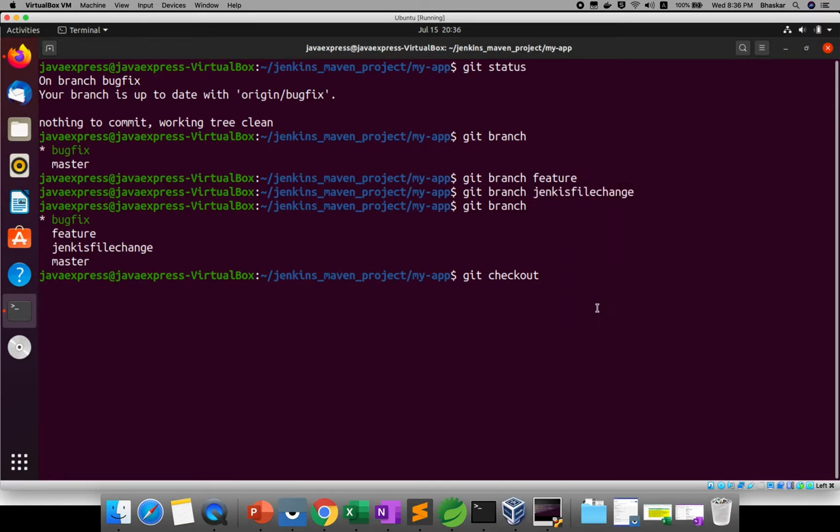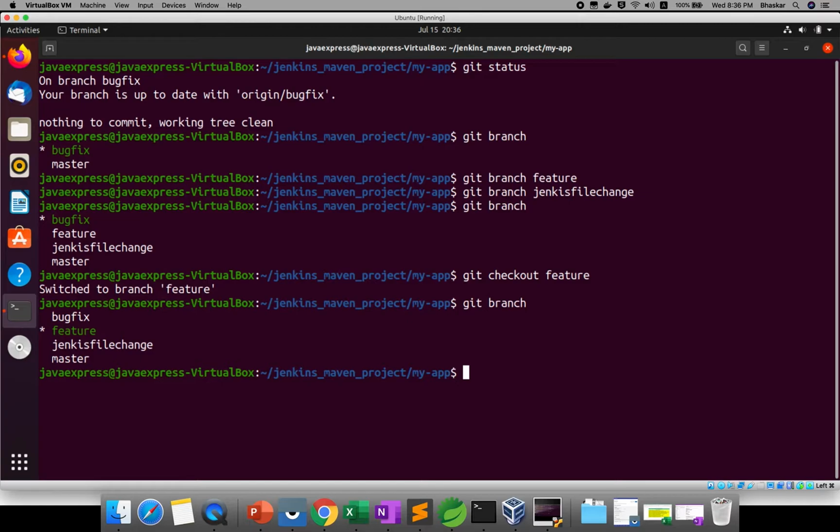Okay, I will go for the feature branch. If you run git branch, you are in the feature branch. Now if you run the ls command, I will change my file with gedit Jenkinsfile.